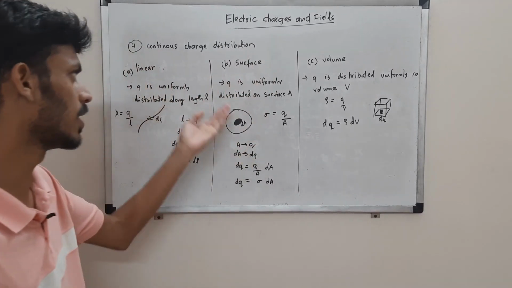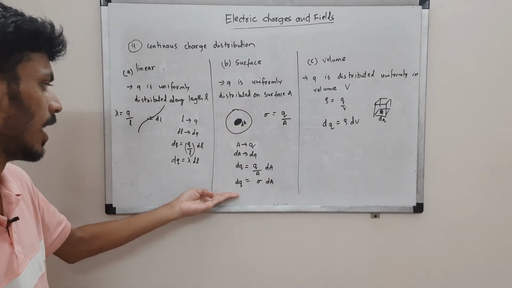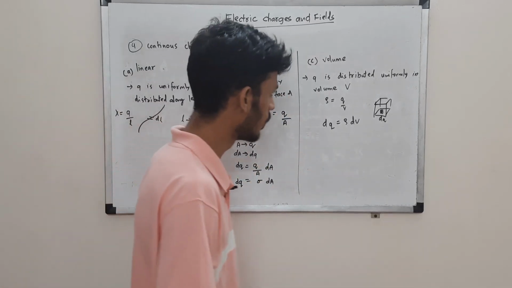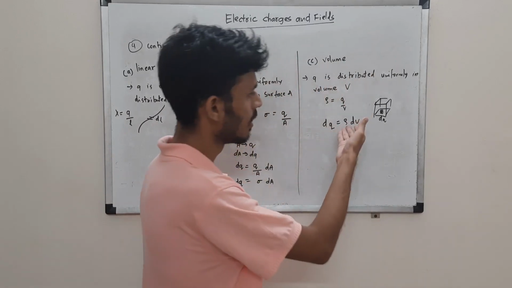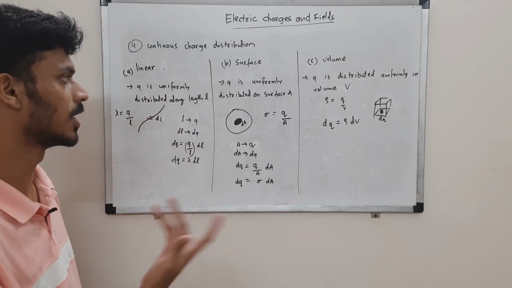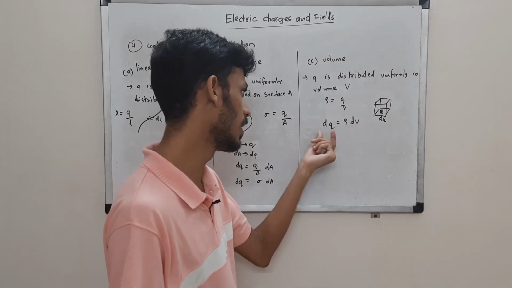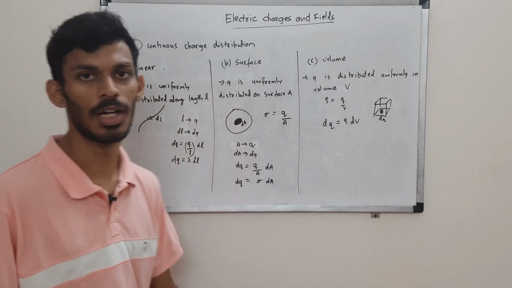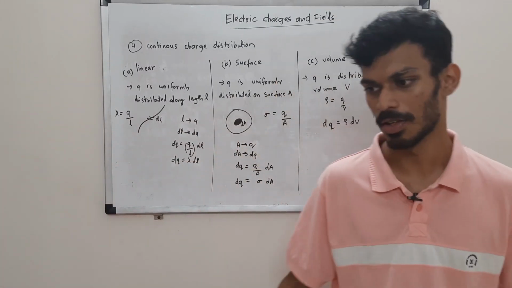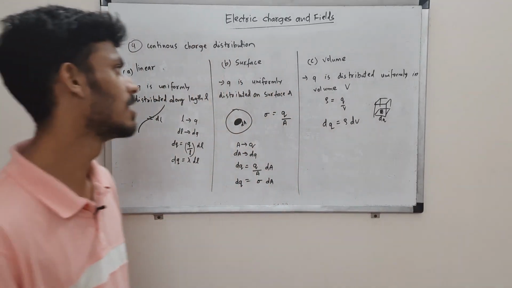Similarly for the surface, it's distributed over an entire surface. This is the surface charge density sigma, and dq will be given as sigma times dA. Similar steps over here. Similarly you can do it for volume too, and you will get dq as rho times dV. Here we have defined the volume charge density as rho, which is q by V. So the charge in a small volume dV will be dq equals rho times dV. This is what we are going to use in finding the electric field due to different continuous charge distributions. We'll use it in the derivation sessions,